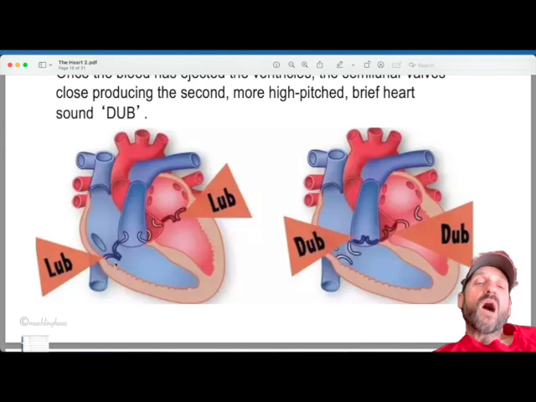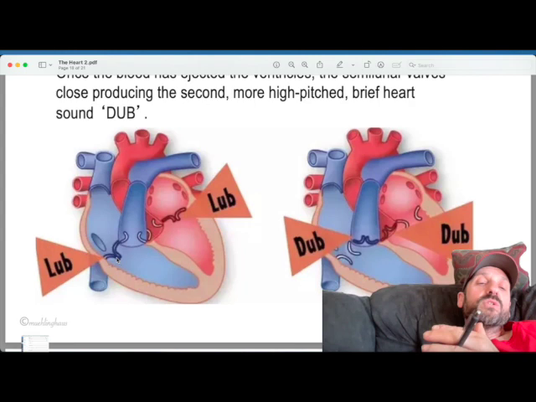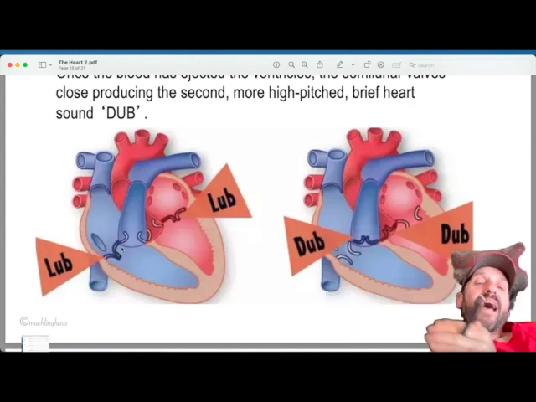But the lub indicates when we squeeze all of the blood out of the chambers into the main chamber and then start contracting that main chamber. When those strings come closer and the valves cover that entrance, that's the lub sound. And it happens on both sides of the heart, even though I explained it on one side. So yeah, this is a double pump, right?